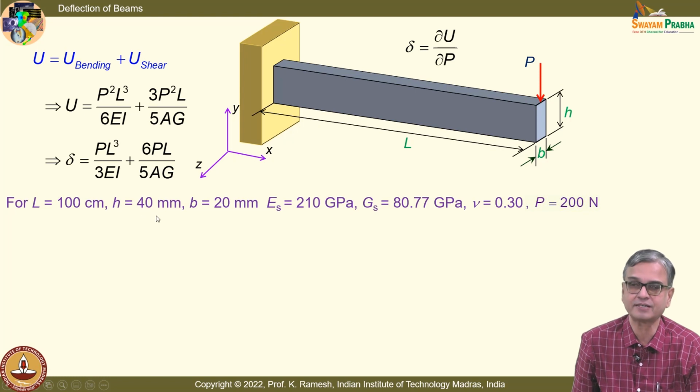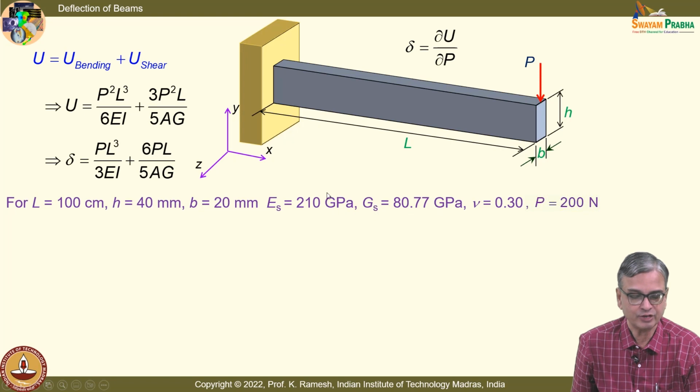It is 40 millimeters. And B is 20 millimeters, and E_s is 210 GPa, and G_s as well. When you say 210 GPa, you say that it is for steel. That is why the suffix s is put. And when you substitute this, let us look at the